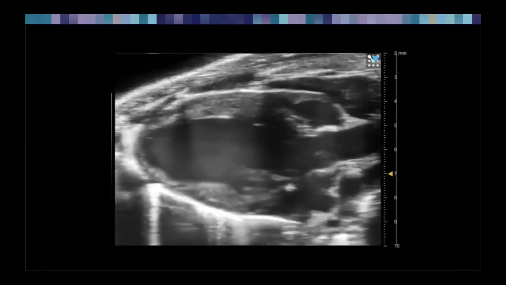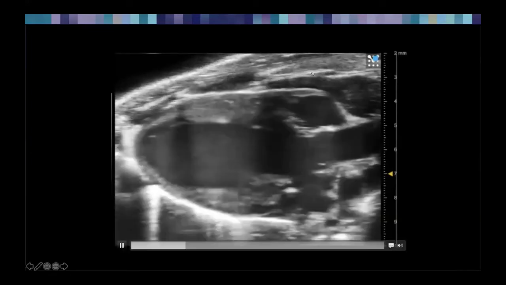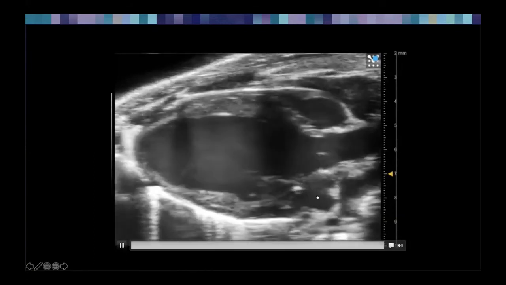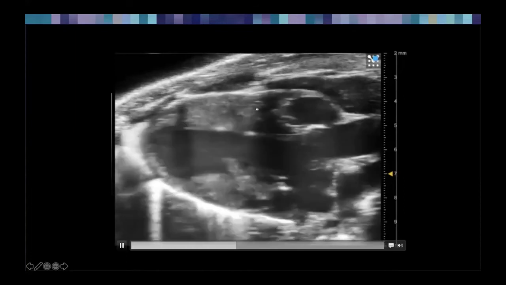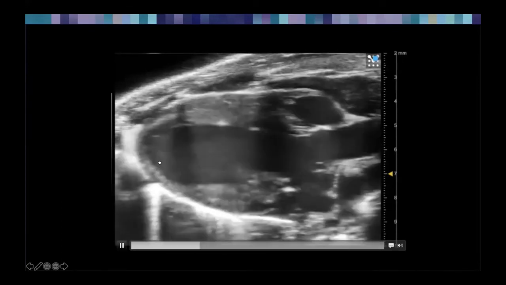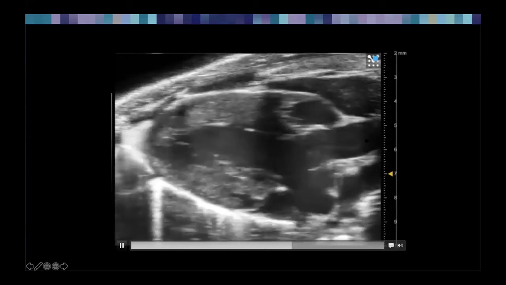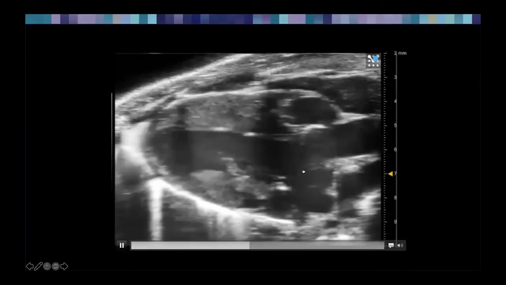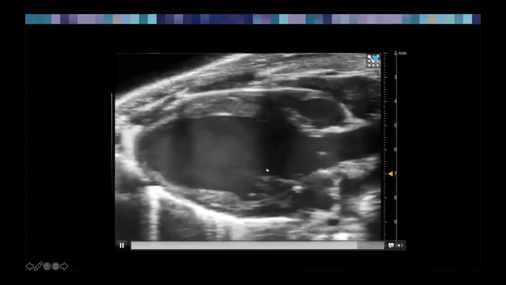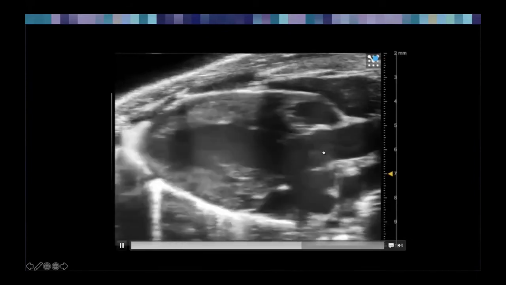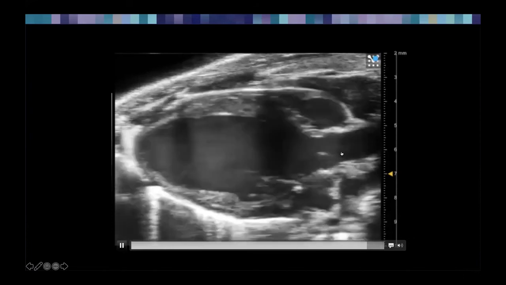If you look at it, this is in an animal. This is the chest wall. This is the heart, and you can see this gray part is the cardiac muscle. Here, the left atrium, and this is the left ventricle, and this is the aorta. And we have the mitral valve here, and it opens up and closes, opens up and closes, and the blood is ejected through the aortic valve here. And again, it opens up, closes, opens up, closes.